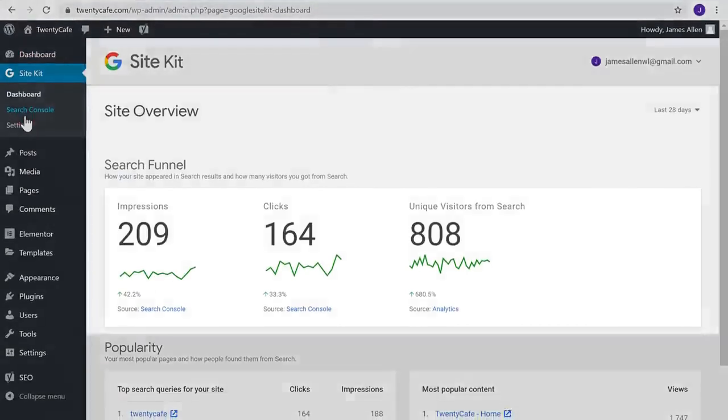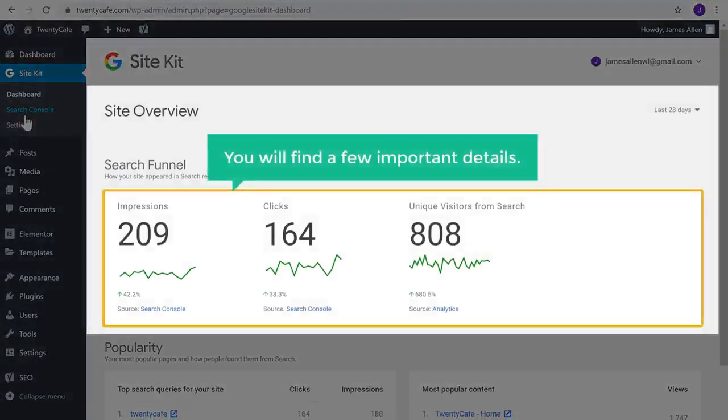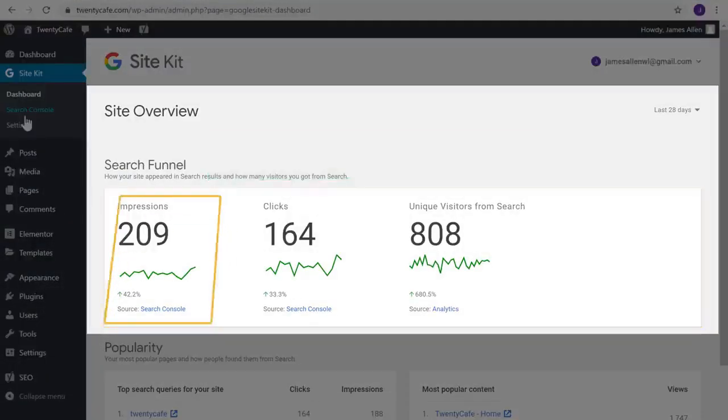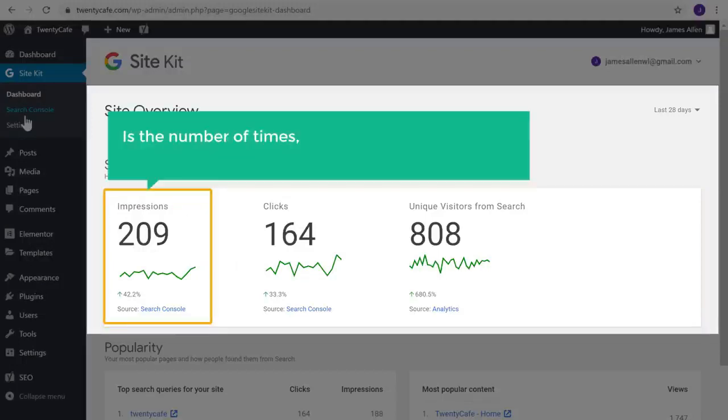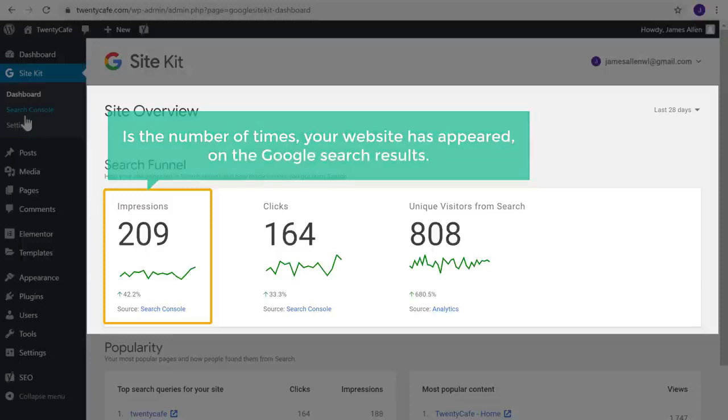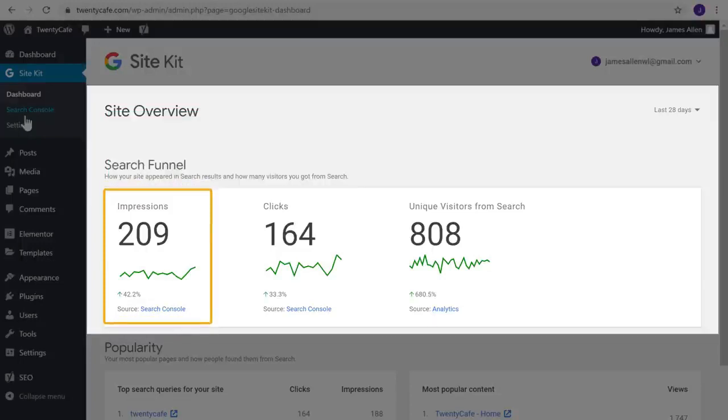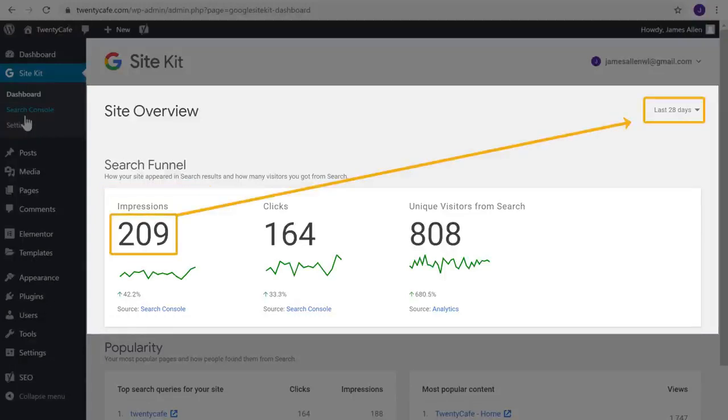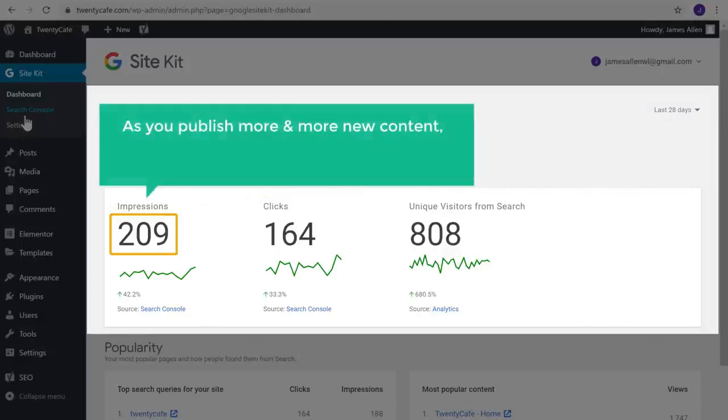Go to Site Kit. Just look at the site overview. They are showing how many times your site has appeared to visitors in the charts. All the analytical information is available here.